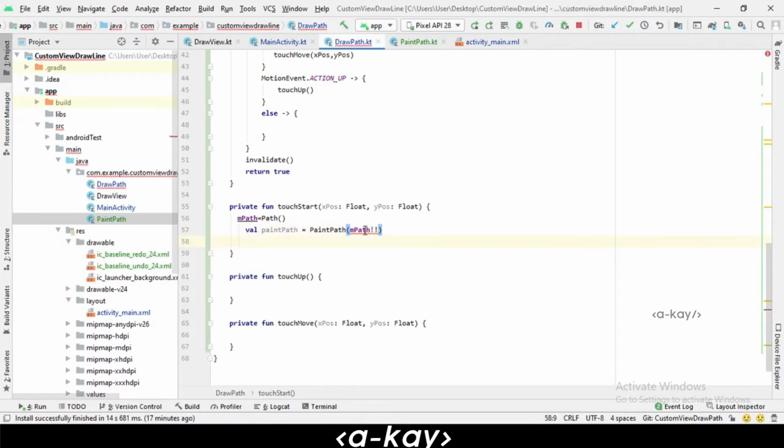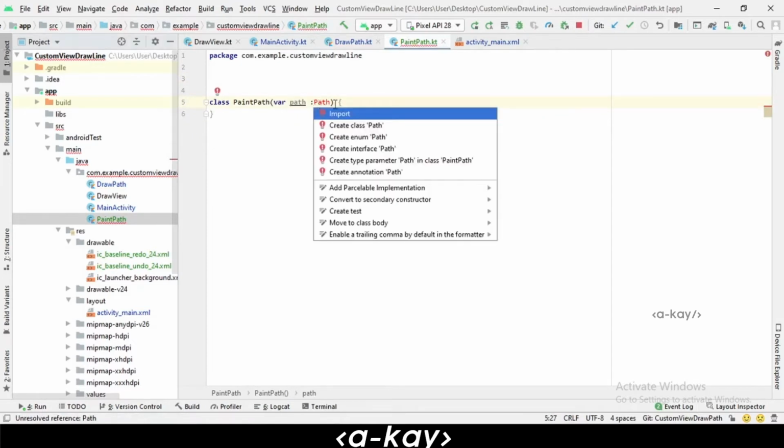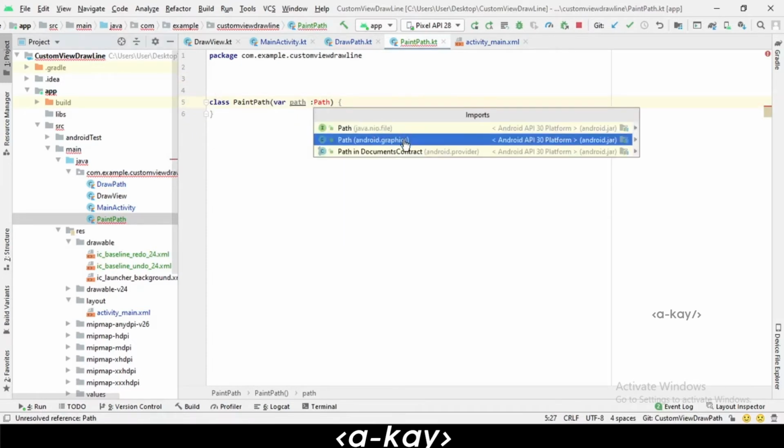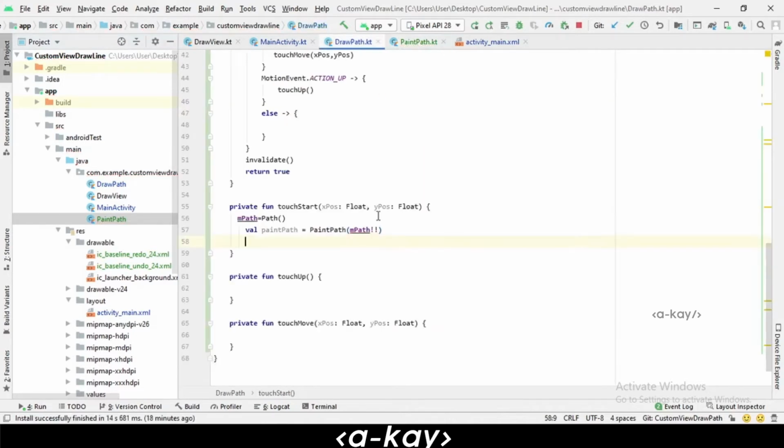Throwing error, what is it? Type mismatch. Okay, here the import is wrong. We are going to import this path from android.graphics. Now the error will be solved.